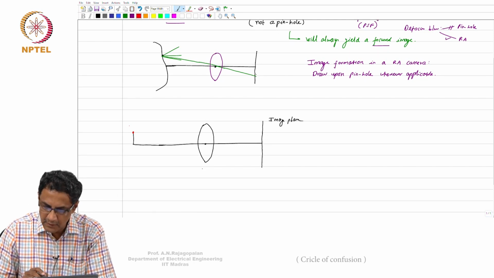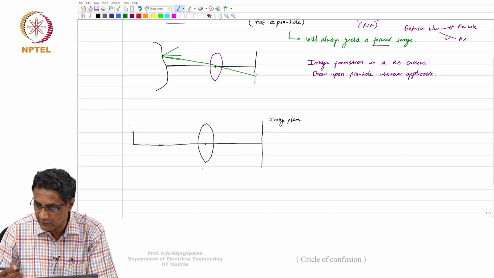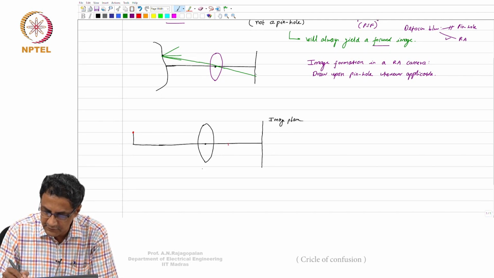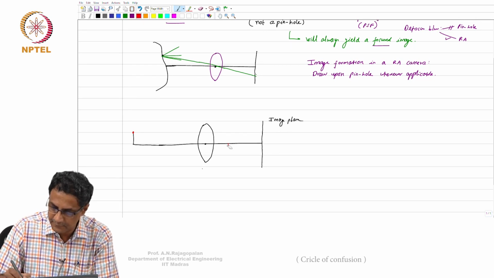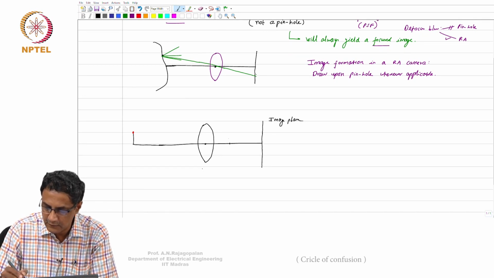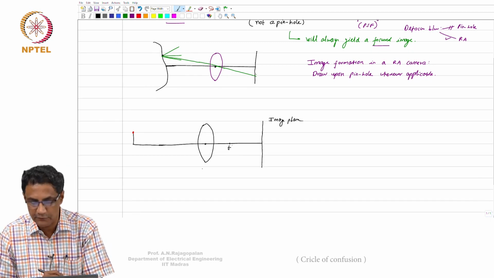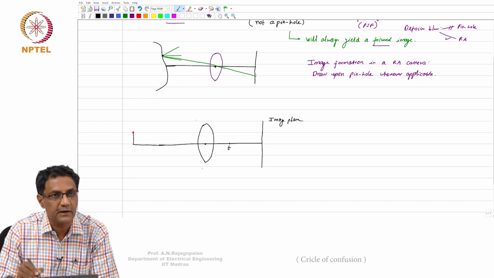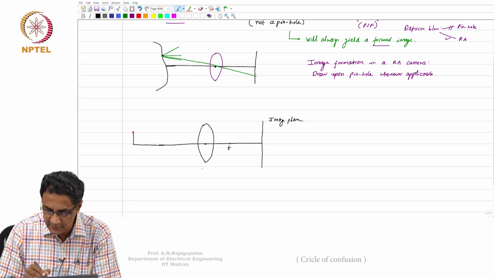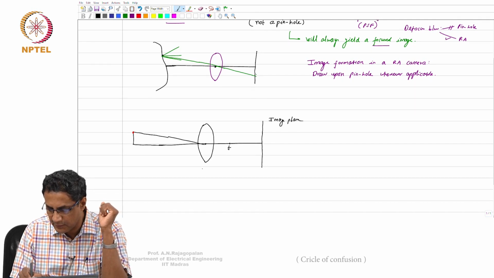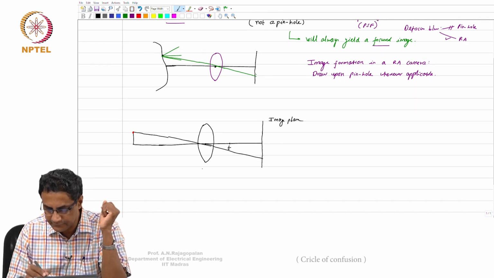Now let me just mark what will happen. Assume that the focal length of this lens is f. This is f. That's my focal length. Then what will happen? We know that there are a lot of rays that are going to come out of this point, and one ray, which is called the central ray, or the principal ray, is the one